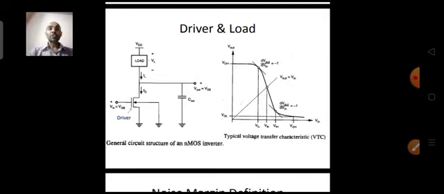So depending upon the load, which type of load you are using. If you are using a resistance, then you call it a resistive load inverter. If you use an enhancement type NMOS in the load, then you call it an enhancement type NMOS inverter. If you use a P-type